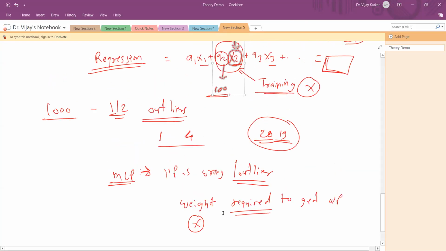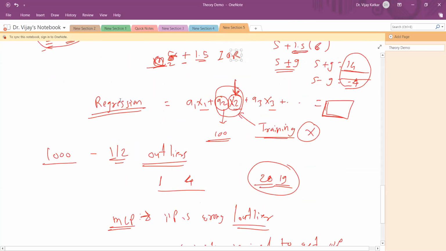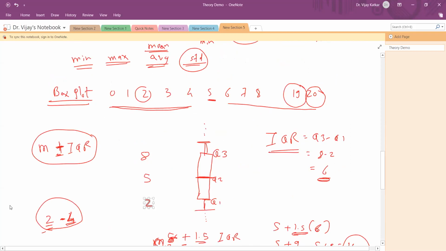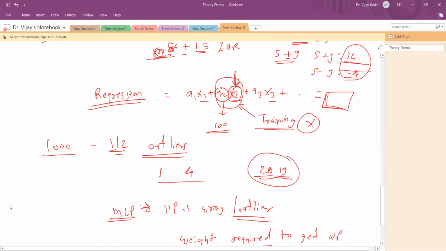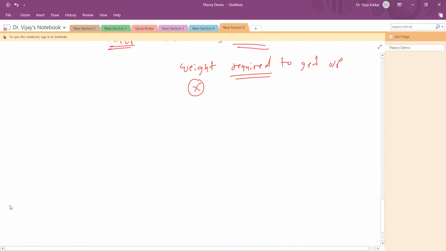So that's why outliers should be removed. So mean, max, standard deviation, this is one thing about statistics. Even simple statistics are very useful. Here we don't need to go for pandas and all, just a simple thing.